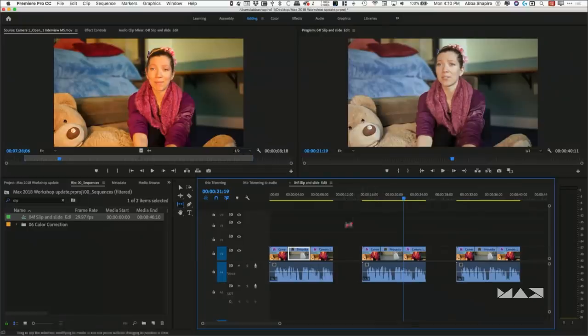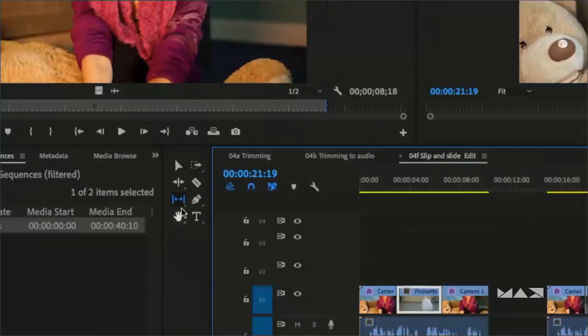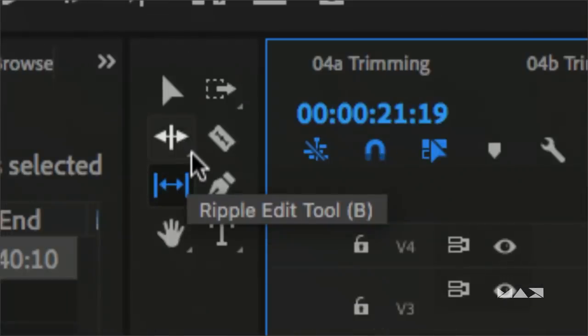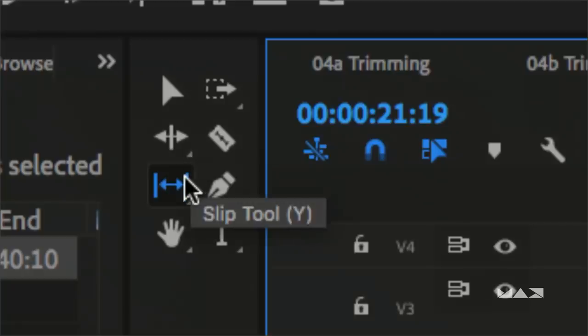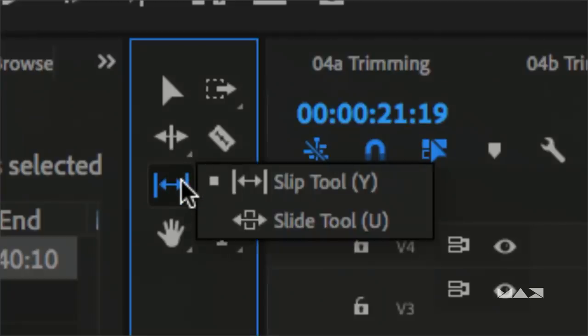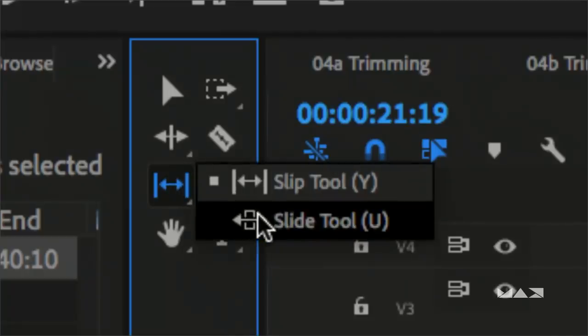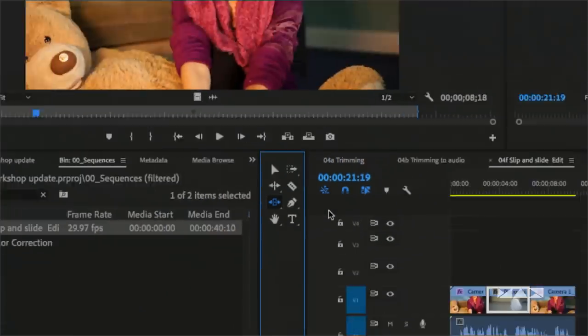It's the U key. You get to it in the same location as the slip. I do want to point out, if you see a tool with a little arrow there, it means there are more tools underneath. Click and hold. That's the slide tool, the U key. Slide tool works similarly,